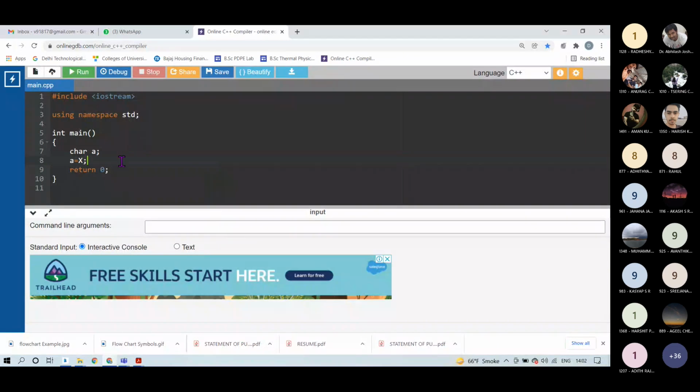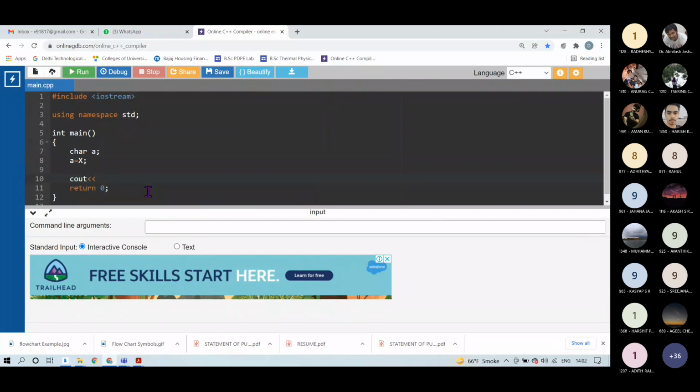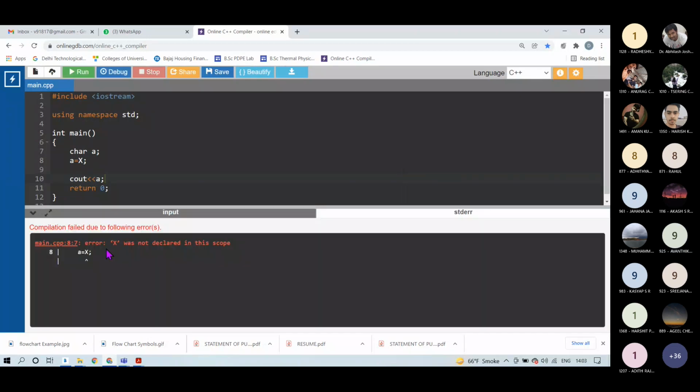Let's say by statement 8, I want to store capital X into variable A whose data type is char type, right? And then I want to see the content of this variable A. Then it should run. Okay, let's see. But yes, you are now seeing an error. X was not declared in this scope.